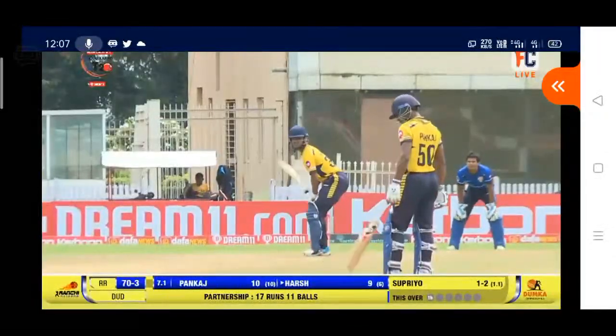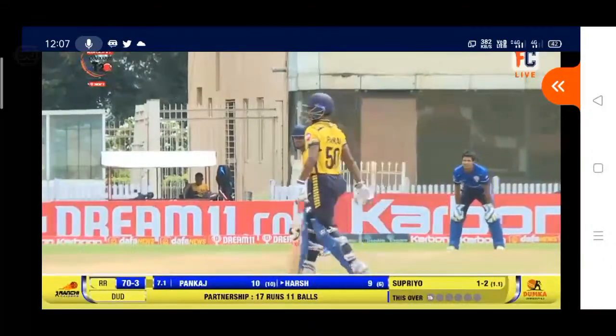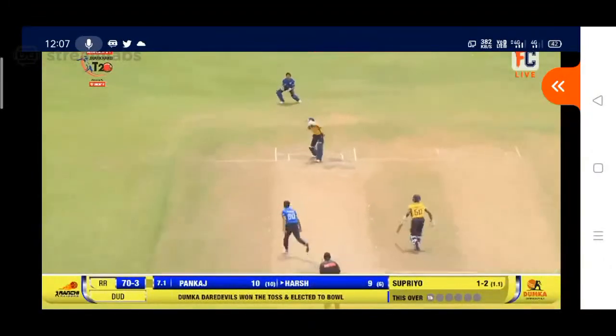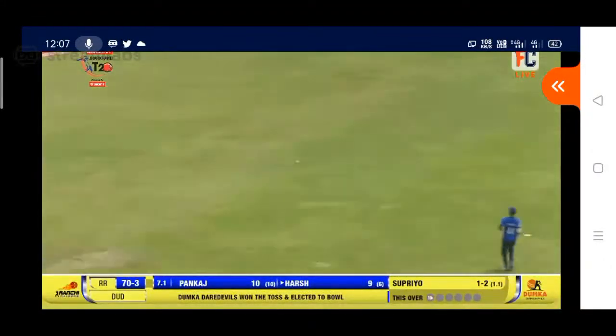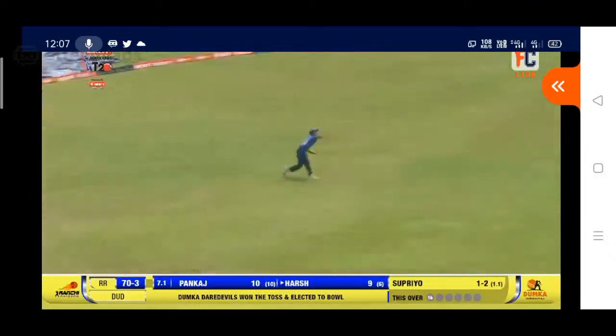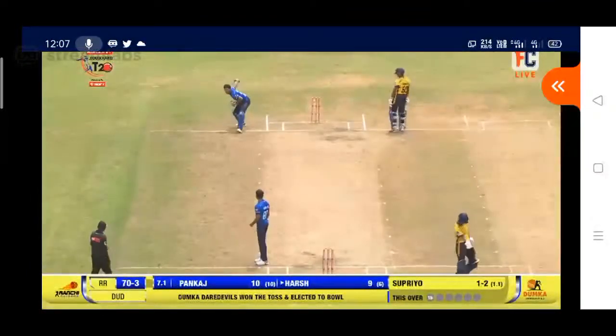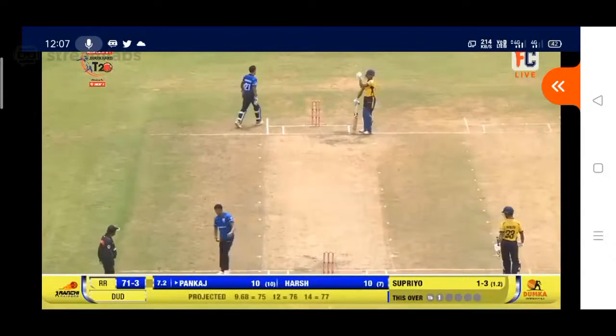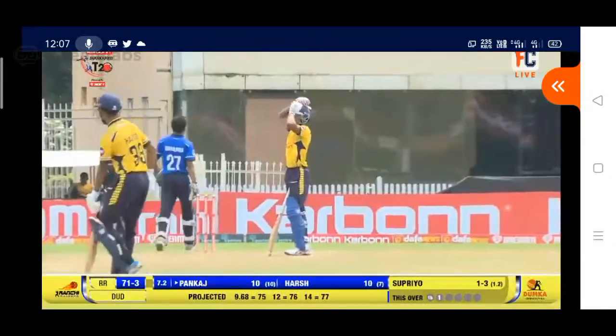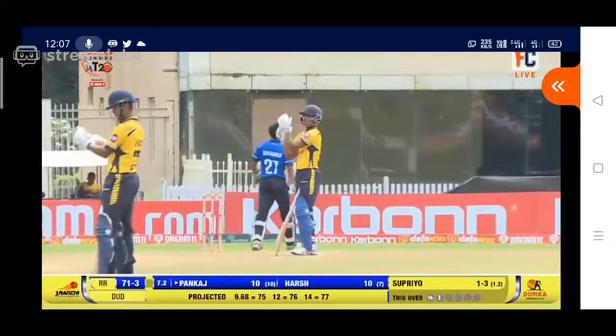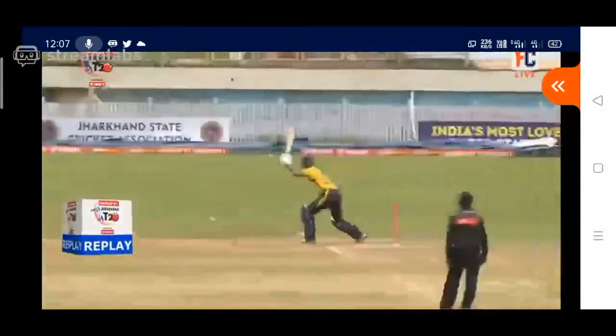5 more balls to go. A leg bye, in fact. And that ball was played down beautifully towards the extra cover region, but I don't think there can be 2 runs in it. They managed to take a run, so the score is 71 for 3 after 7.2 overs.